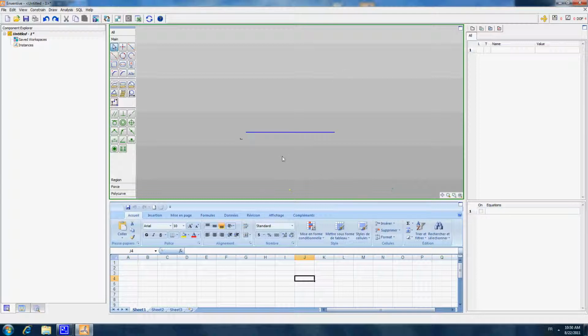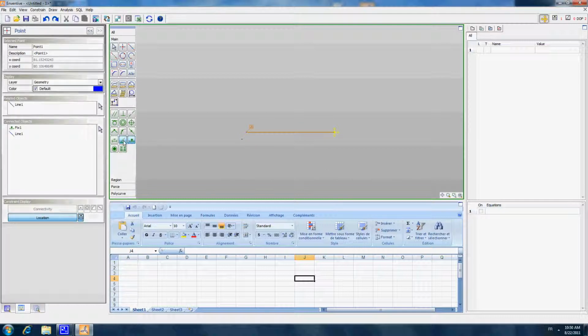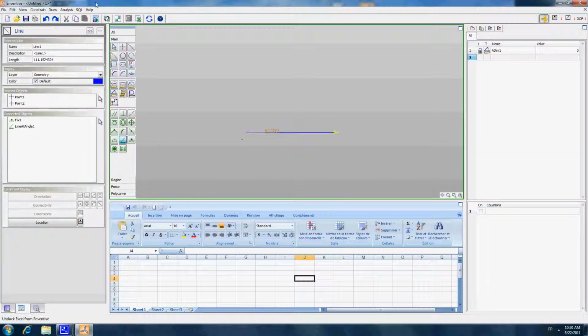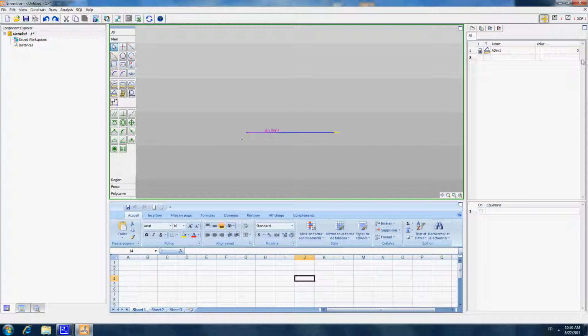So when I've created this segment, you can see here on the top right we have 4 degrees of freedom. When we do the functional drawing of a component, the goal is really to create all the dimensions and all the geometric tolerancing in order to lock all those degrees of freedom. So I'm going to associate to this geometry a fixed point and also a fixed angle. This has locked 3 degrees of freedom, only one is left.